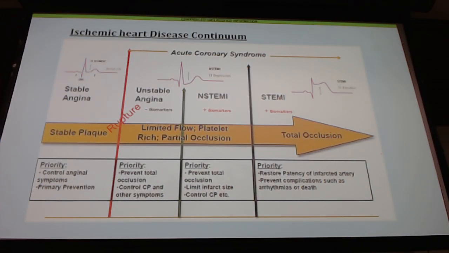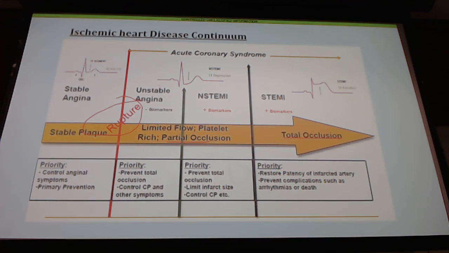Okay, so now that we have that foundational knowledge of what we're looking for in the acute coronary syndromes, now let's actually apply that so we can identify and diagnose our patients with the appropriate acute coronary syndrome that they're experiencing, okay? So we talked about how the defining factor of acute coronary syndrome is that ruptured plaque, which leads to either a partial occlusion or a total occlusion of that coronary artery.